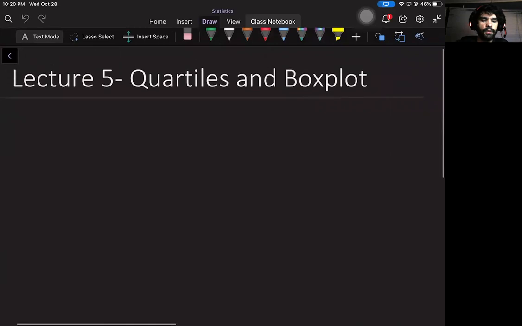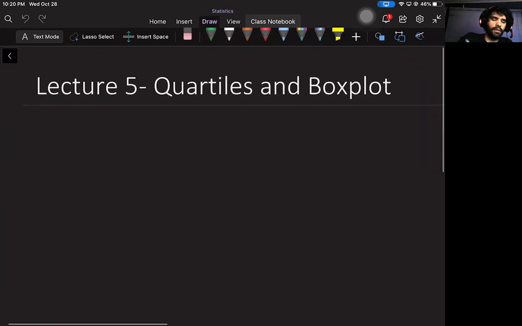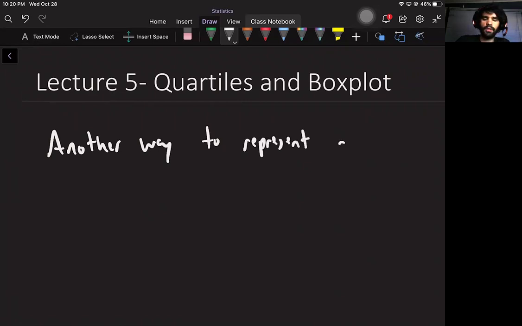Today we'll be talking about quartiles and boxplot. So this is sort of a continuation of the presentation of data lecture from last time. So the idea is that we're going to do more presentation of data, but using a different method. Another pretty common way to do this is with a boxplot. So another way to represent data